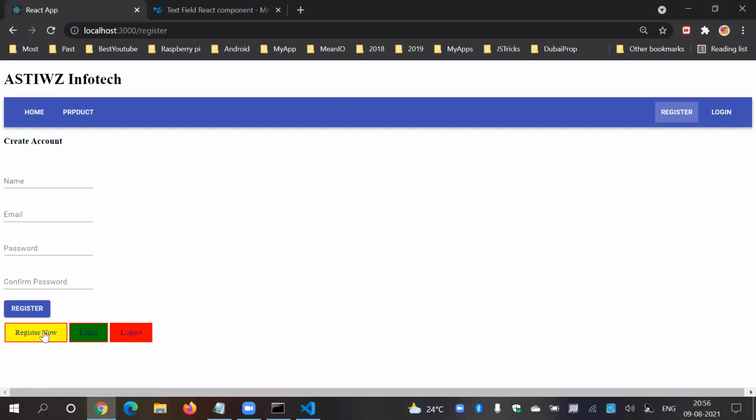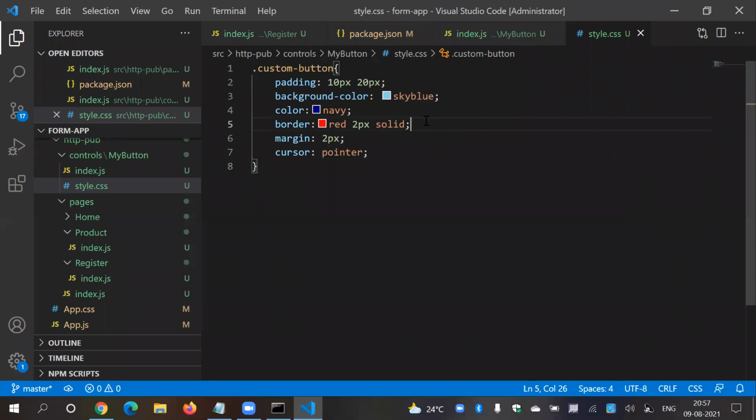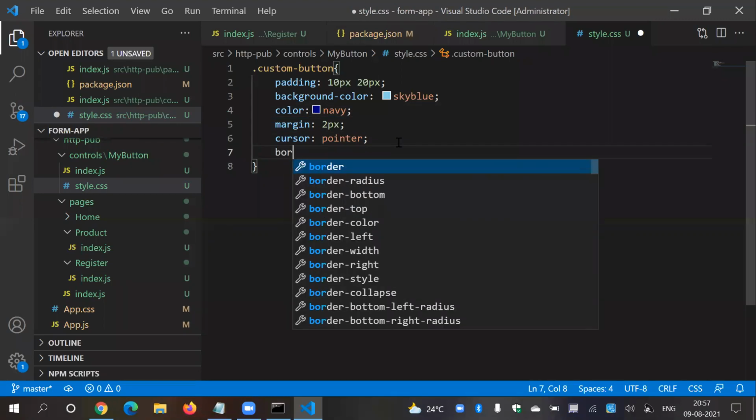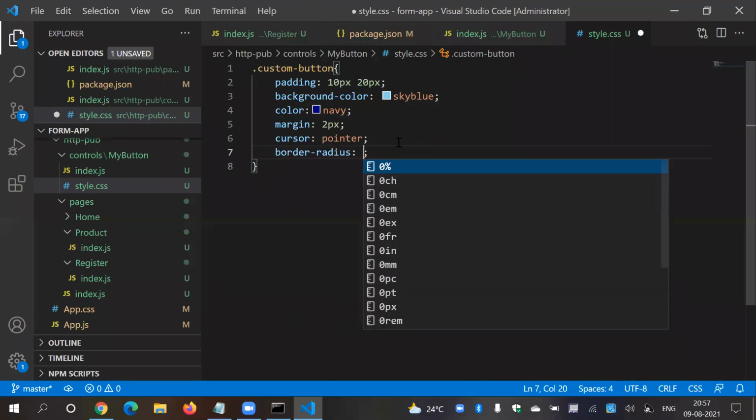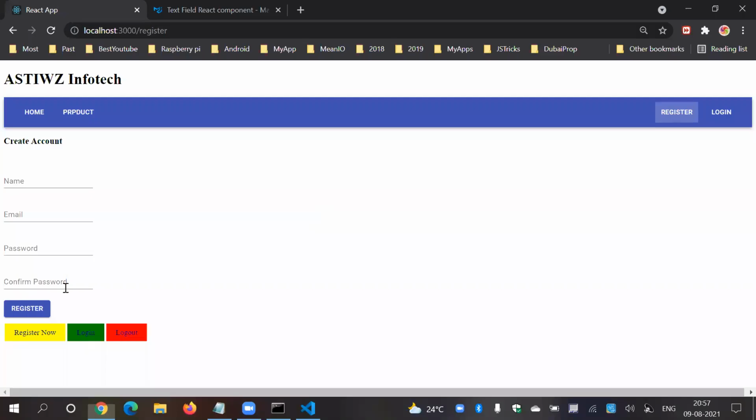And here you will find the pointer. So no need to mention any border over here, that is also fine. And say border radius is equal to 10 pixel from all sides, means they all are rounded like this.